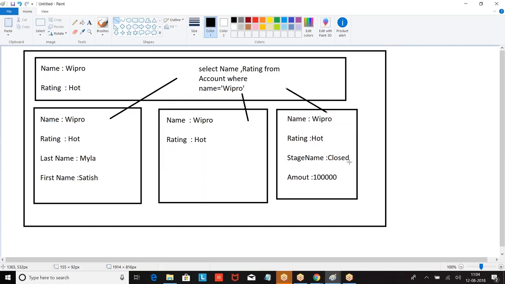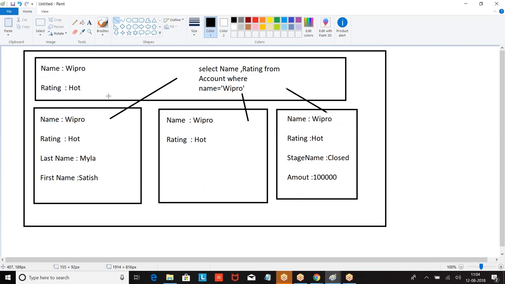If I make any change on this component, automatically the change will be updated to the rest of the components, because the Lightning Data Service maintains a common cache. All the requests you are making will go to the cache. Common queries are simplified, the data is fetched and stored in the cache. Now whoever wants to use it comes to the cache and uses it. Are you getting my point?